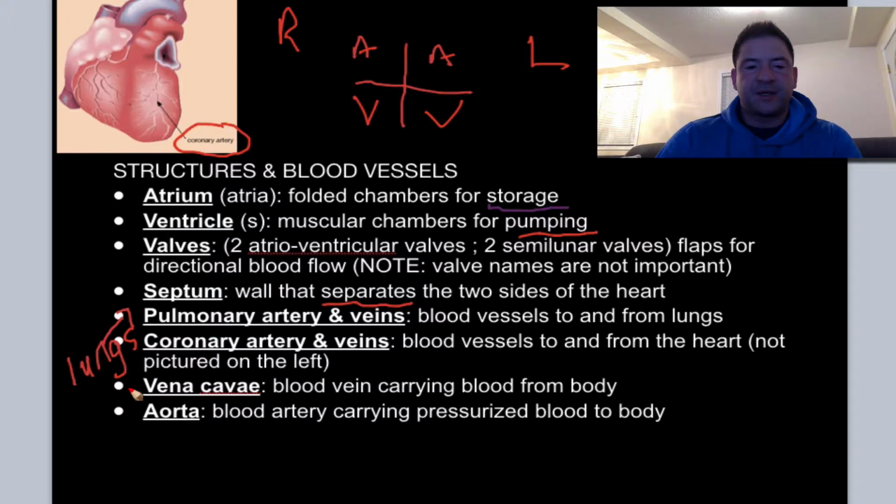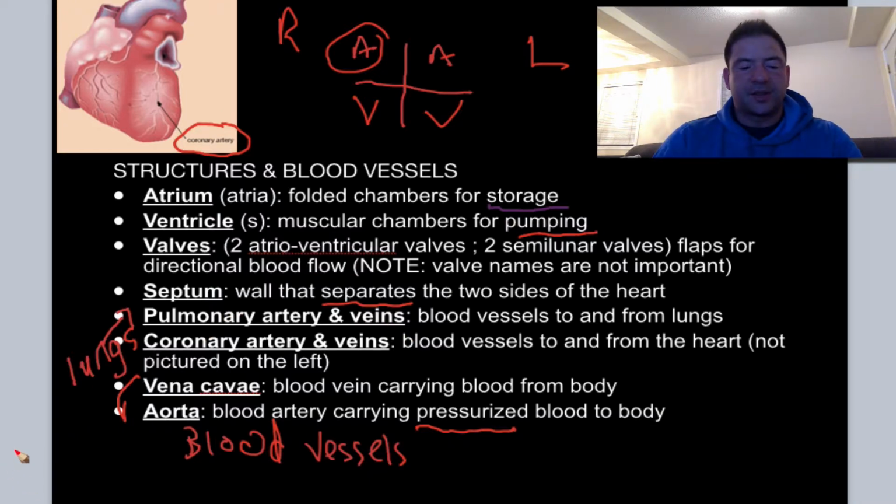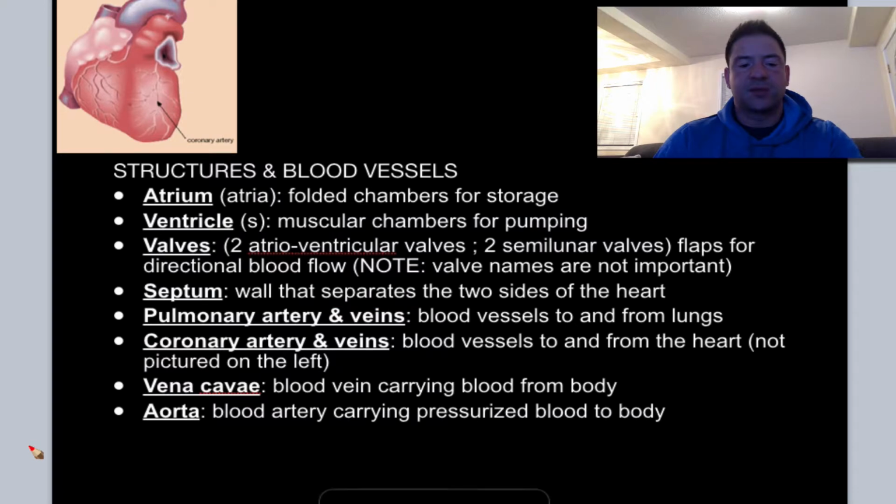Now, the vena cava, these two structures right here, and the aorta are both blood vessels. And, sorry, my writing's bad. What these are going to do is bring blood into the heart and pump blood out of the heart. So the vena cava is going to bring deoxygenated blood from the body and move it into this right atrium here. The aorta is going to take oxygenated blood under high pressure, and this is really important, and move blood out of the heart. Okay, so on the next slide, what we'll actually look at is